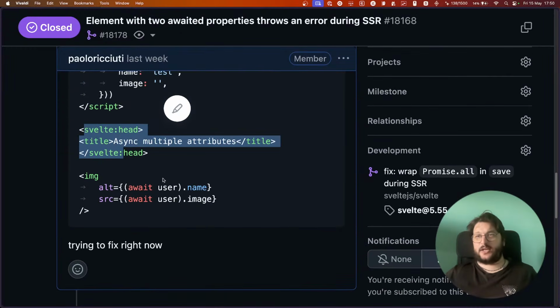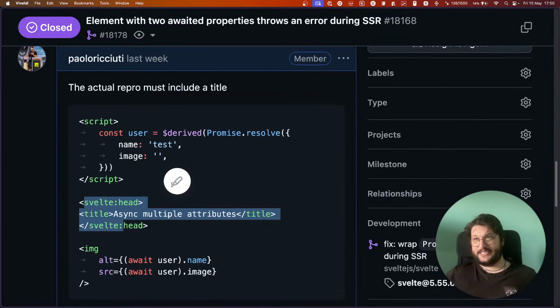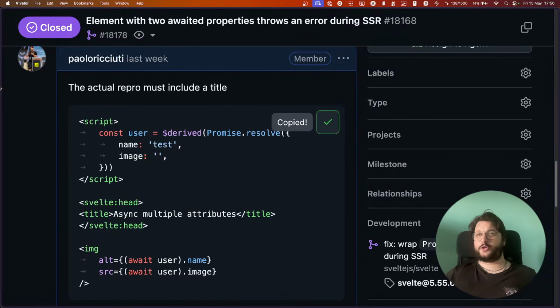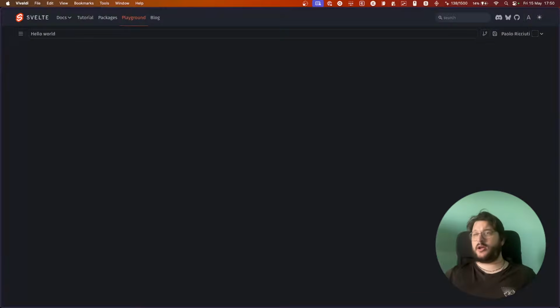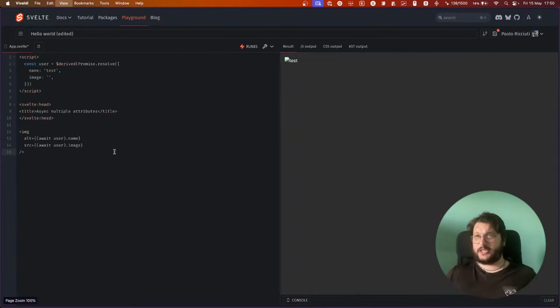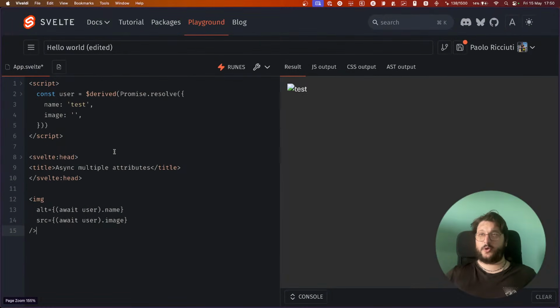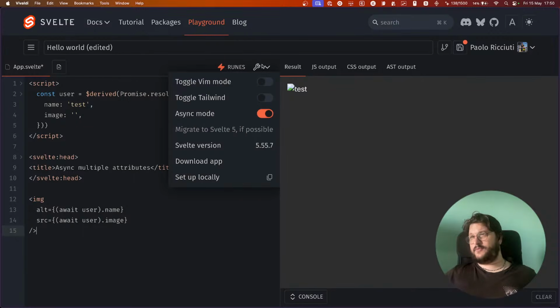Basically, if you take a look at the generated code of these, let me actually show you. In the playground, if you take a look at the generated server-side code for this, not right now in 5.5.4, I guess.